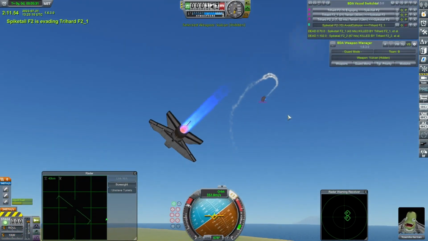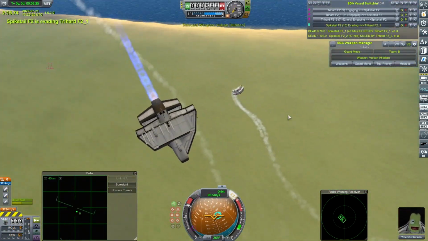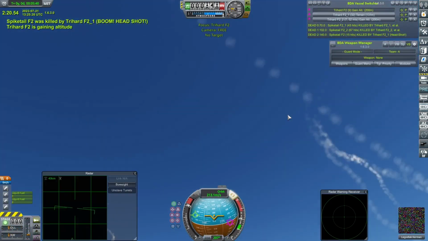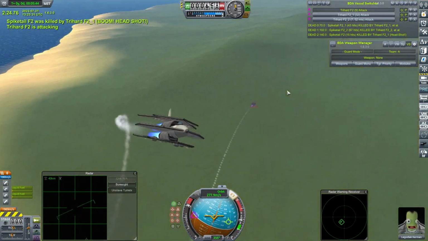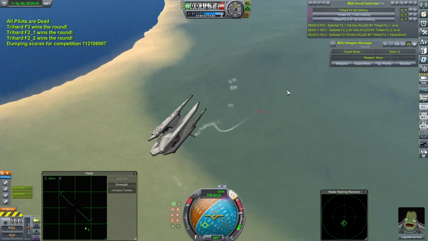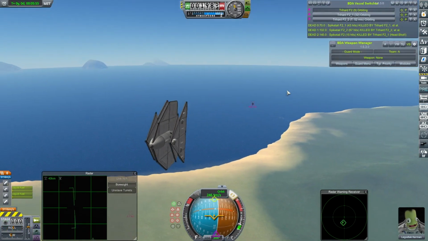The other thing I've noticed about these, talking about yaw stability, is that these Triplanes don't have an awful lot of it, which doesn't help when they're trying to line up a shot. But there we go. Another victory for the Tryhards, but it wasn't that much of an improvement on the previous version, which is kind of making me a little nervous,